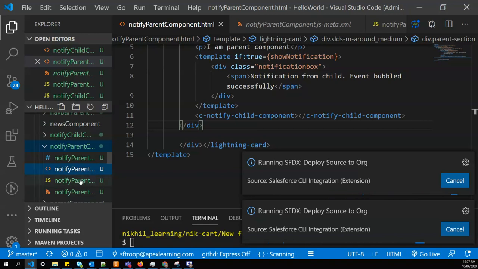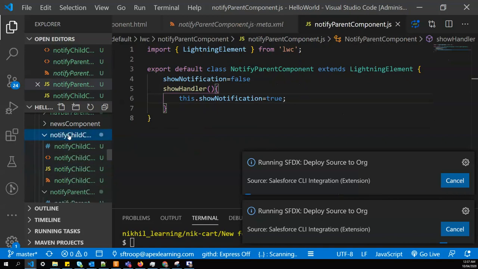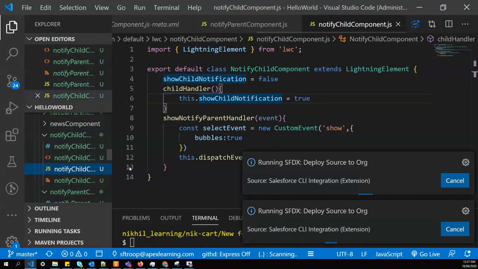I'll explain once again how this component is working. So let's deploy first.